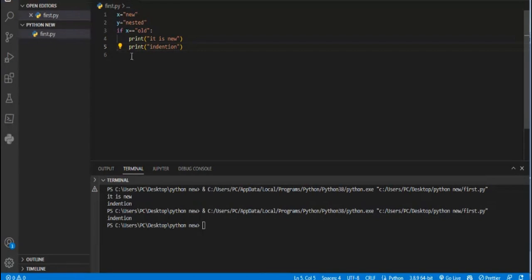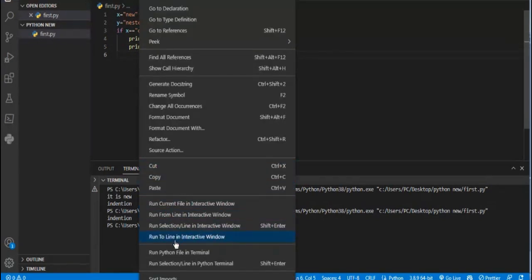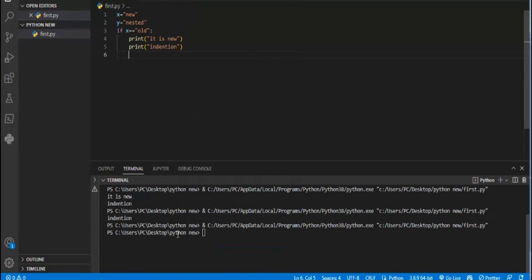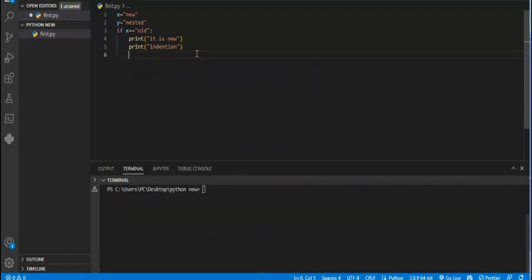now it won't execute anything. See, nothing, because it's false. Suppose you give if y is equal to nested